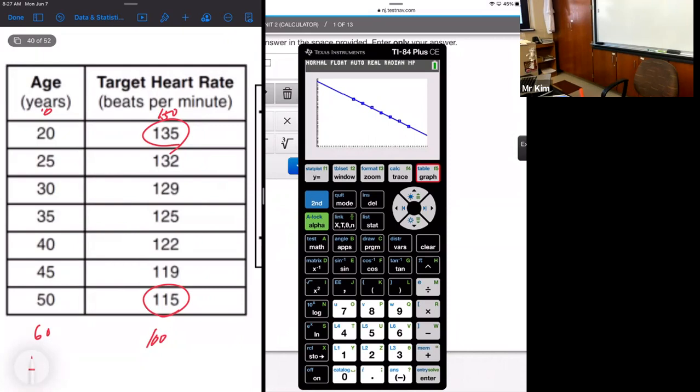So now what it does is it actually stores that value in there for you. The only thing I don't like is the fact that you probably did not turn your diagnostics on. You have to turn this on always. The reason for that is because if you go to stat, calc, and then, well, I'm gonna just do it one more time.